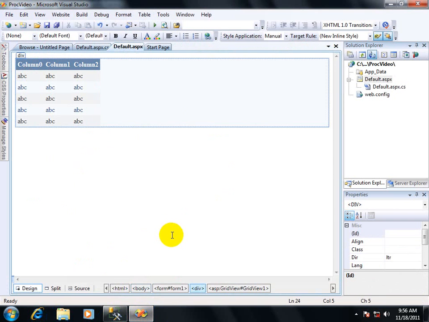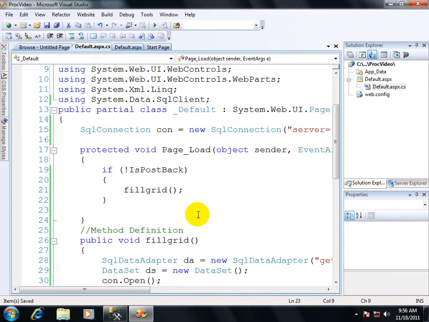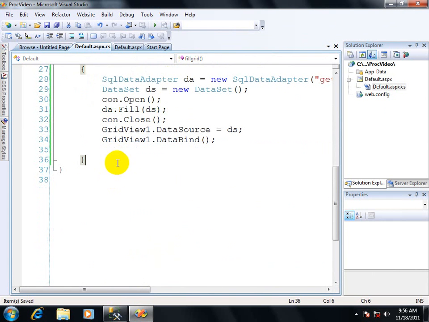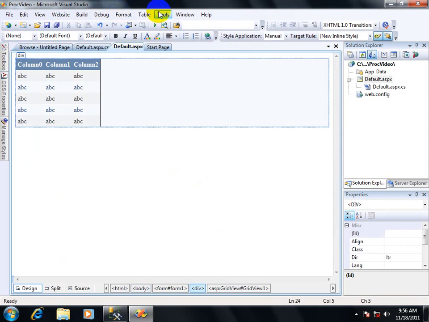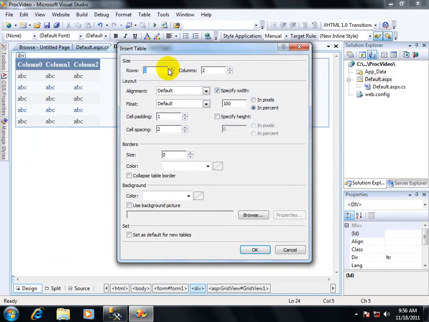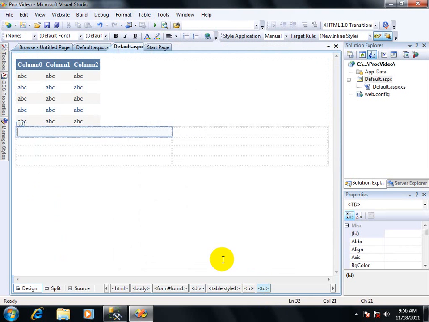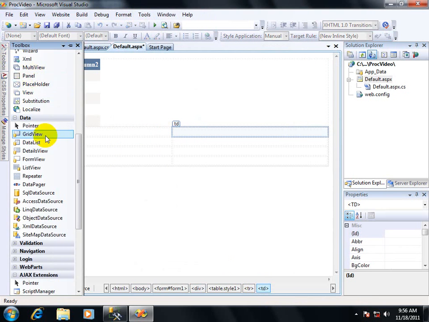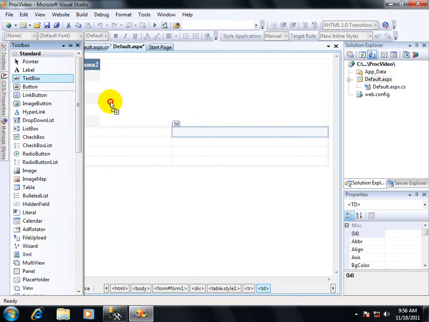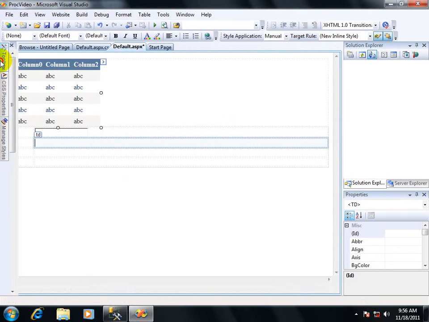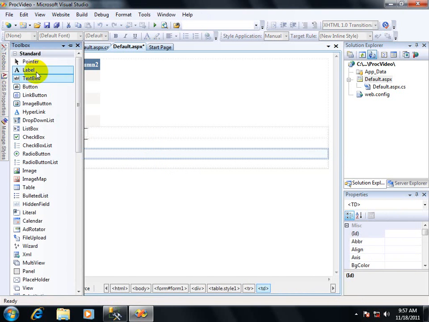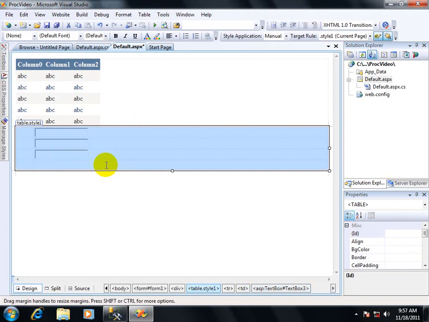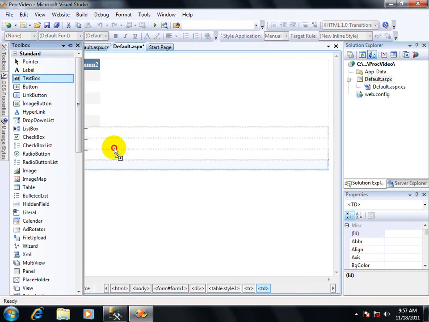Okay, so as I told you how we can retrieve data from the table by using a stored procedure, now I will make a form by which I will insert some data. So I am taking an HTML table. In this HTML table, I am taking some text boxes to insert data or to take user data. After that, I will post it.